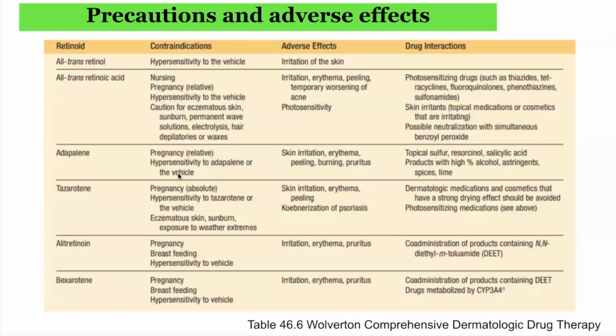There are a number of precautions and adverse effects to be aware of when using topical retinoids, and some of these contraindications and adverse events are summarized in this table. We can see here that generally speaking across the board, topical retinoids are associated with irritation of the skin, redness or erythema of the skin, and can result in peeling and at times temporary worsening of the acne. It could also result in a burning sensation and increased photosensitivity of the skin to the sun, and thus we